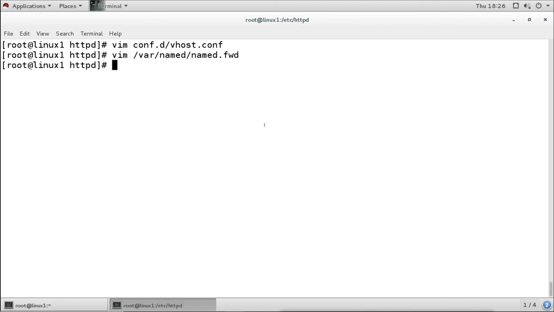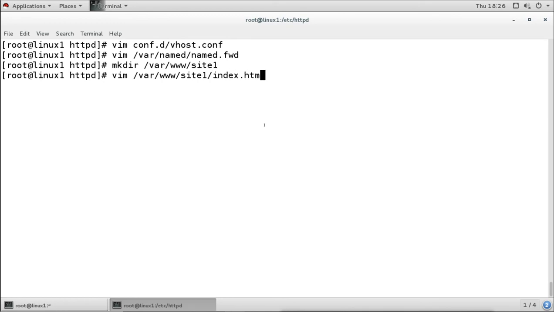Then I will create the directory under var www. This will be our site 1 directory, document root directory, separate than the default one. And then we should create some data into it so that we can verify. So I will do what? I will create the home page file under this site 1, and that will be index.html.